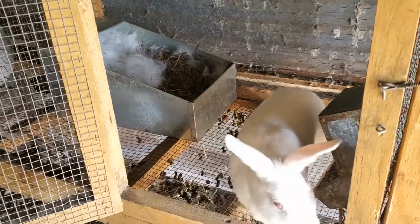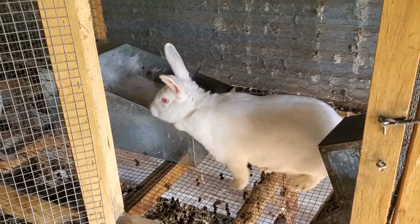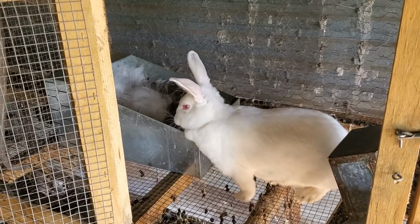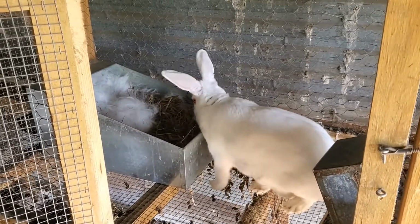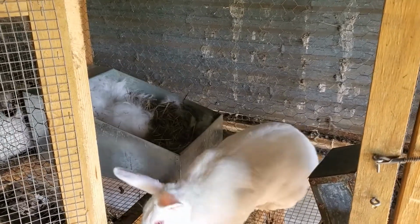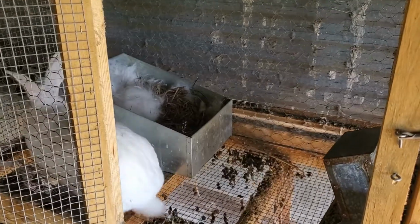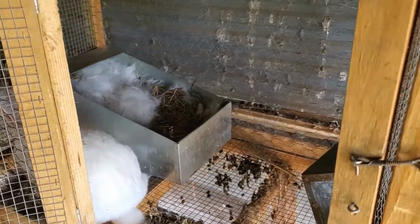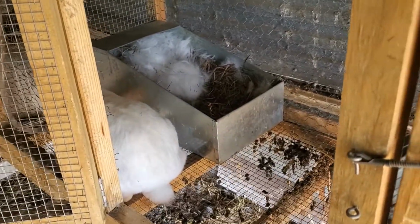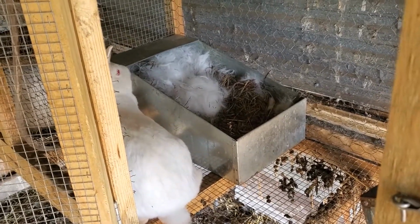Now, she has 5 that has survived. She had, I think we counted 6 of them that she didn't have back in the fur. And I don't know if they didn't look quite right, but we didn't handle them much. So I don't know if maybe they were deformed. It happens. Or if she just didn't get them in the nest and they got too cold, because she had them